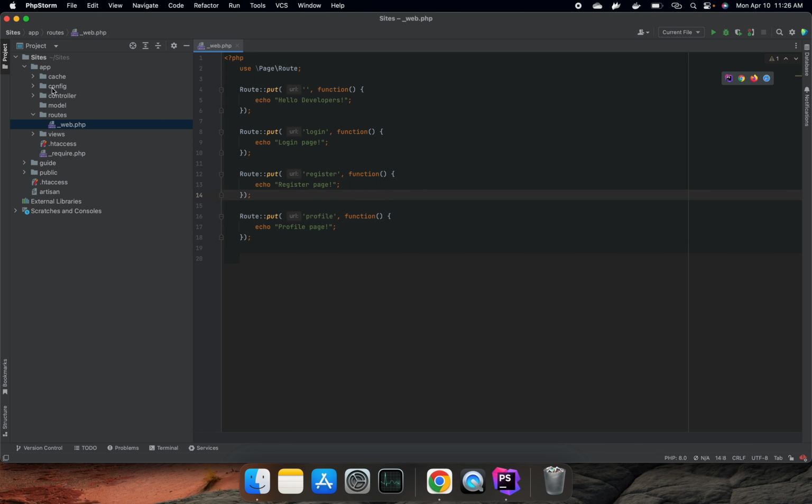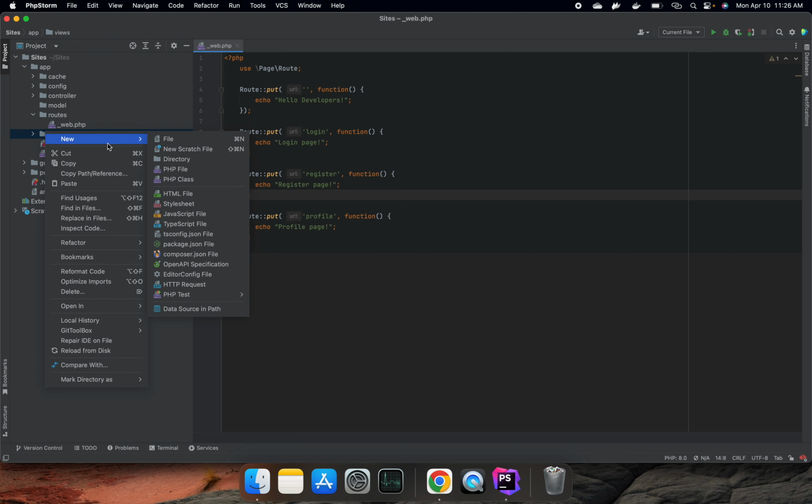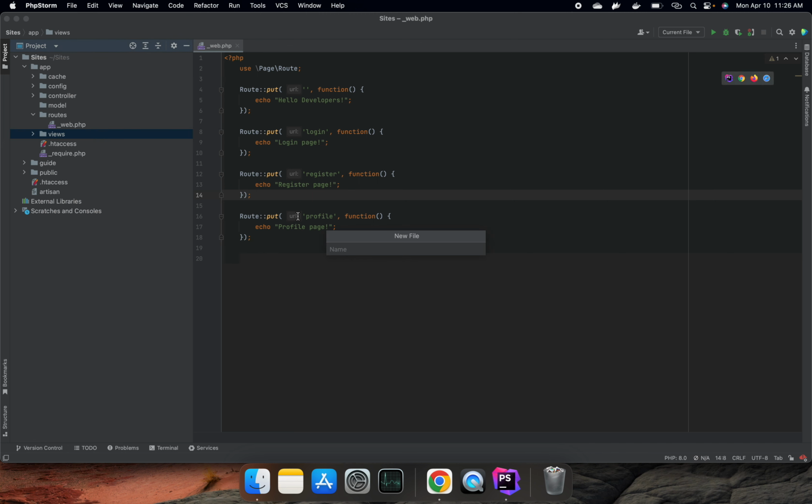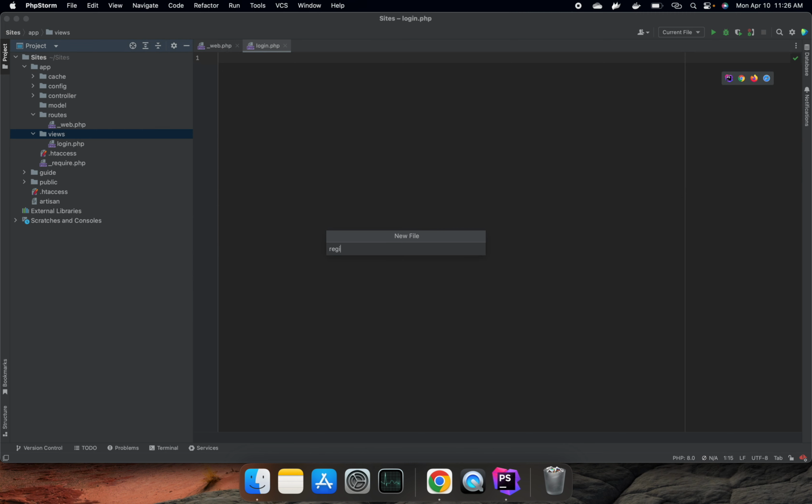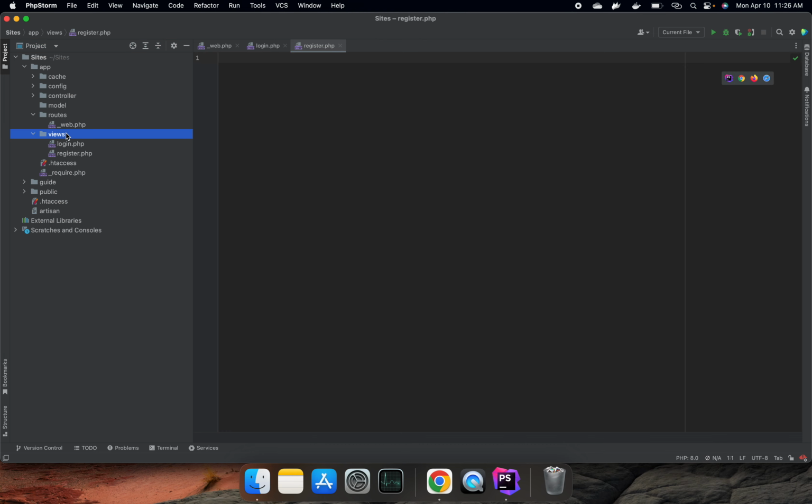Now head to our views directory. Now, since we don't have any files here yet, we will create for the login page, login.php, and also the register and the profile. Now we are done. The next thing we're going to do is